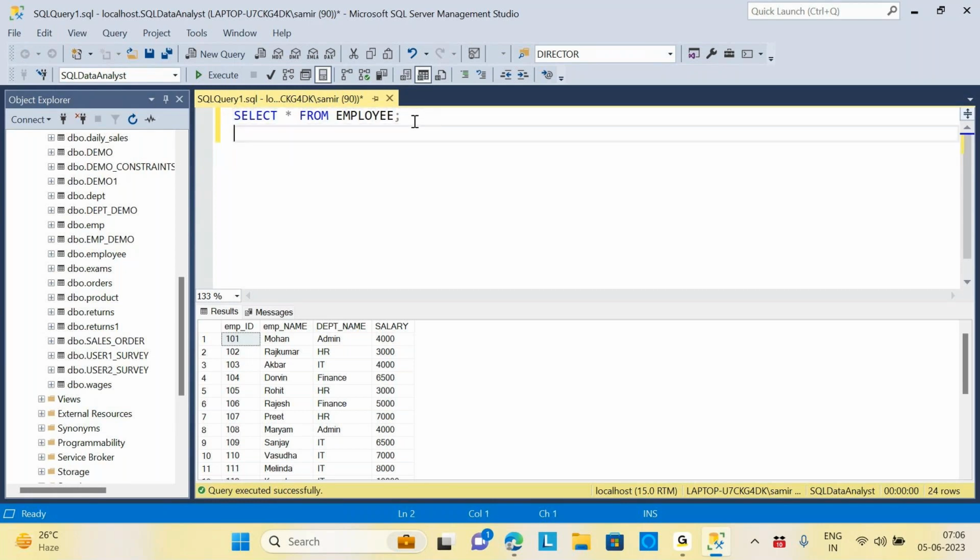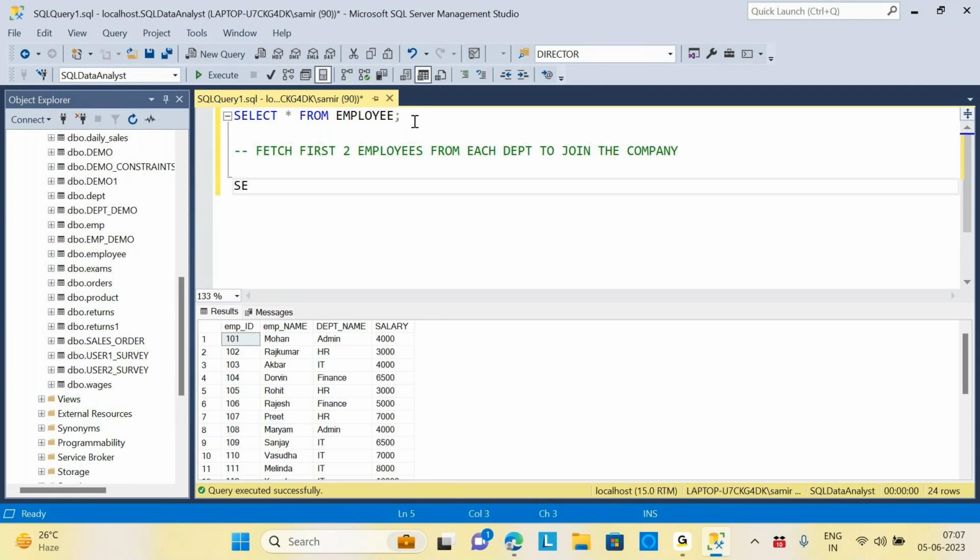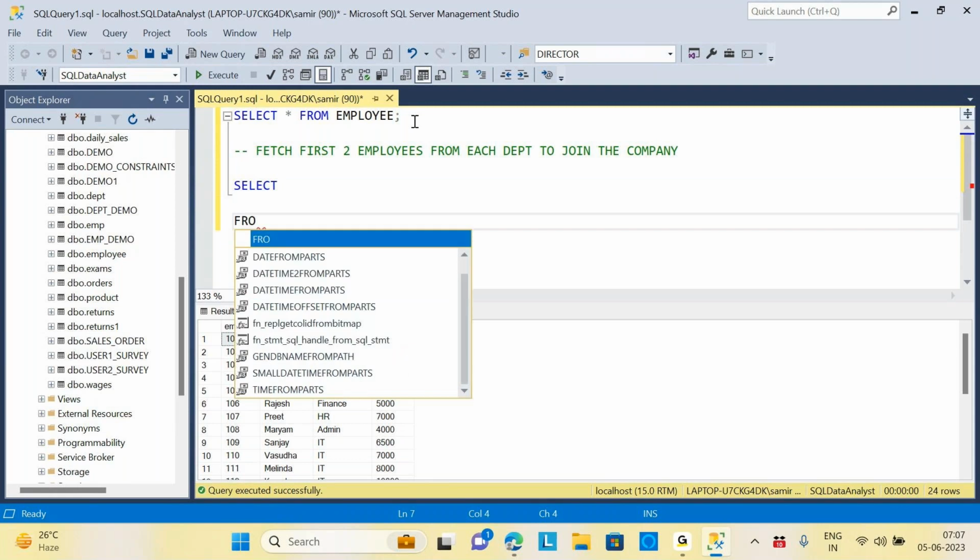Here the first question we are targeting is to get the first two employees from each department to join the company. So let's take the company data, and we are planning to get the first two employees who joined, based on the department. So how will we do it? I'm taking from my employee table,